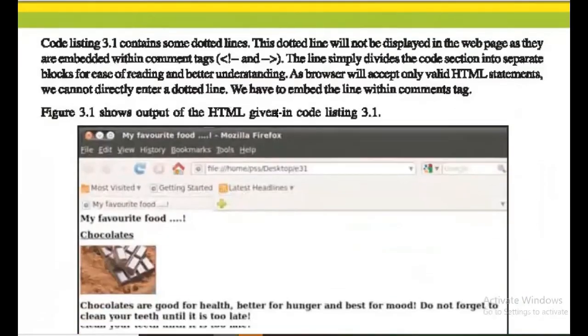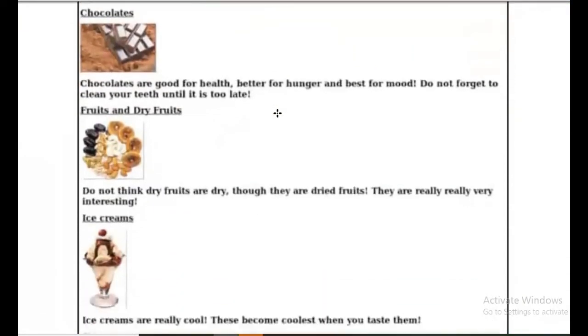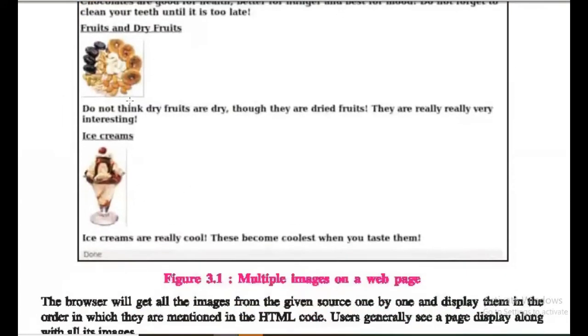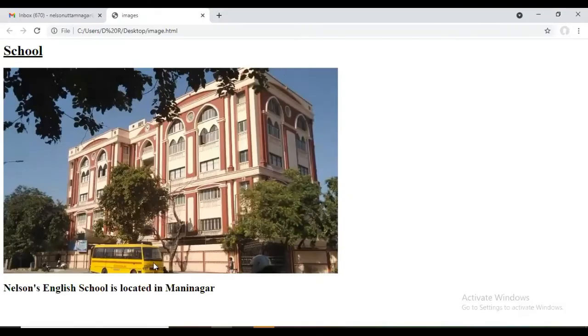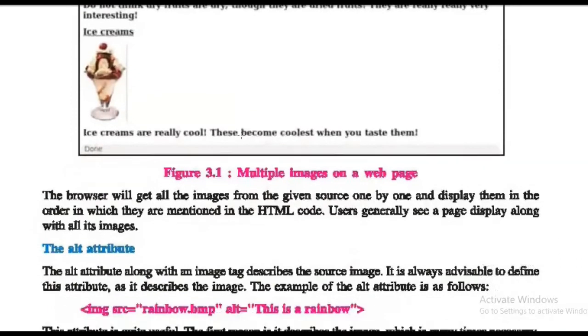And now we are going to learn some more attributes of the image tag. For example, by default, all images are left aligned. So here in our output, this image is bigger and it is almost occupying the full screen size. So if we want to give information about 3 or 4 different categories, at that time we will have a scroll bar here. But to occupy everything in one single screen, we have to decrease the size of this image. So there are attributes for doing that. So we are going to use that.